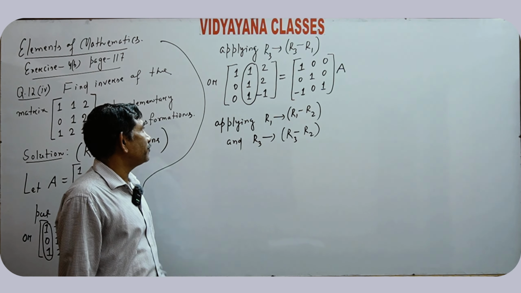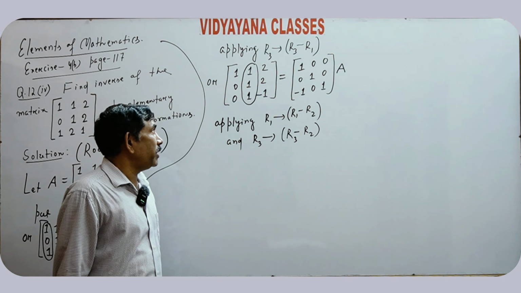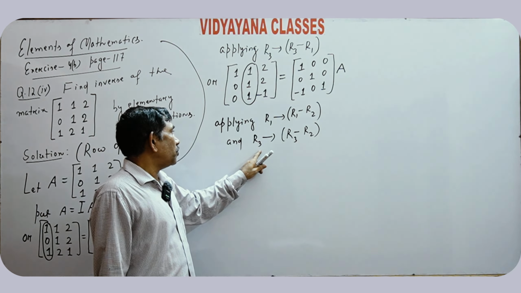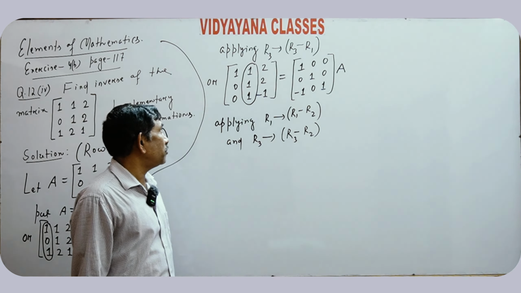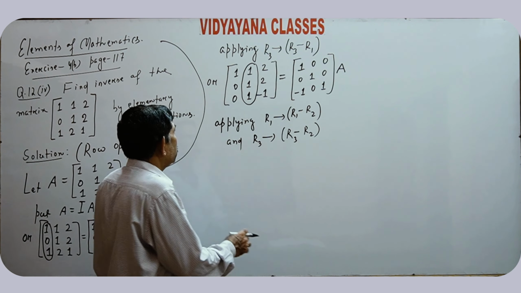Applying row 1 replaced by row 1 minus row 2, row 3 is replaced by row 3 minus row 2. It gives